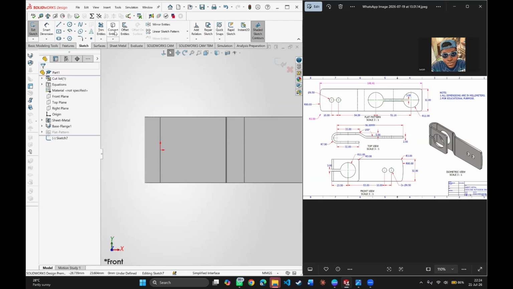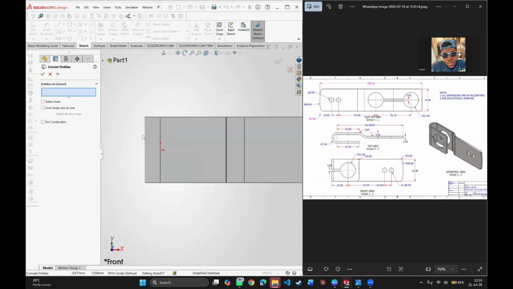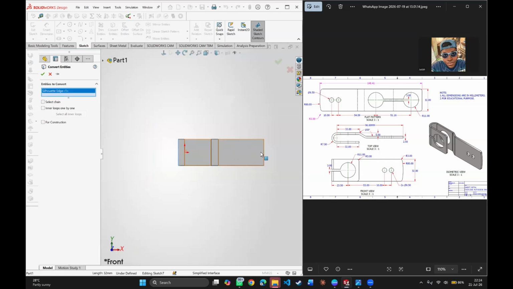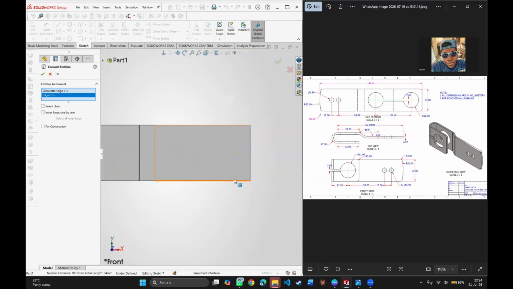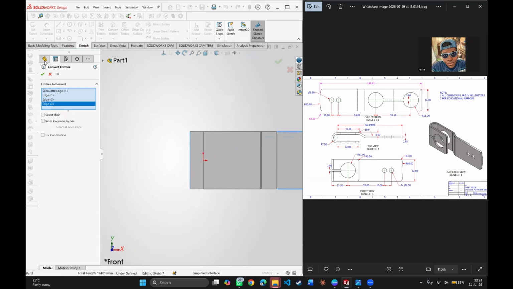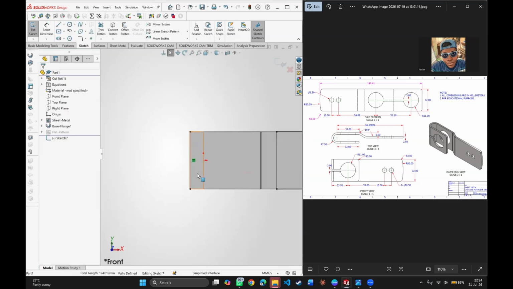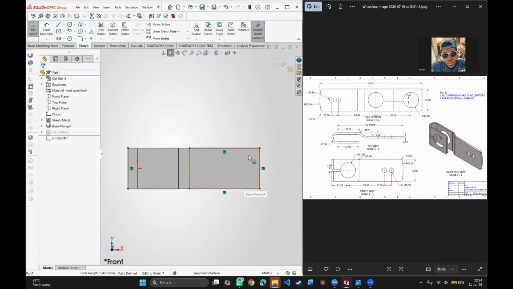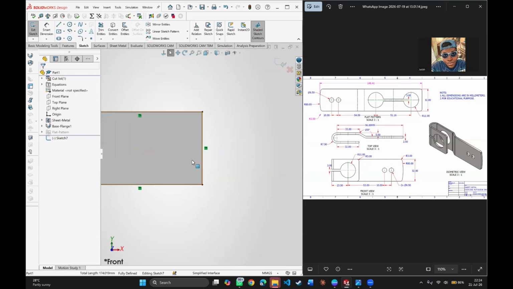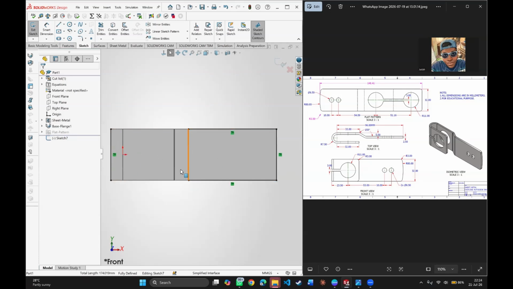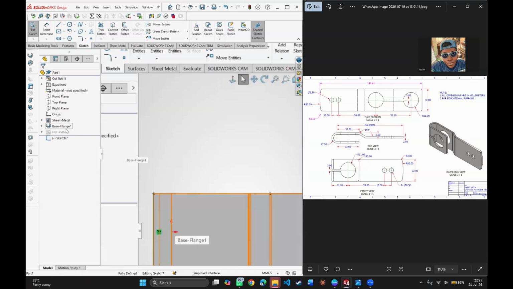and let's go to convert entities. I'm going to convert this line here, convert this line here, convert this one here, convert this one here. And yep. And if you're asking why you do need to convert entities, it's because while you're actually seeing the bounded lines, until you convert them to entities in this particular sketch, the system is not seeing this entire object we are seeing. For example, if we hide